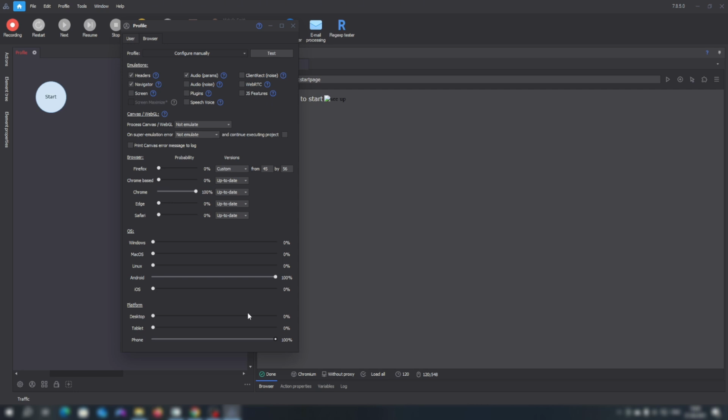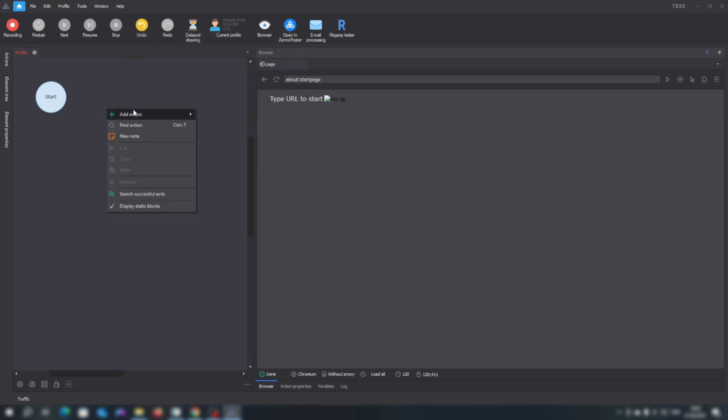Why would you need this? If you generate, let's say, a phone profile that is specifically configured with the Android operating system, then, as a result, when you visit a website, it will typically show you the version of the page that is intended and optimized for Android phones. This helps ensure you see the mobile experience designed for that particular device. Let's return it to how it was.